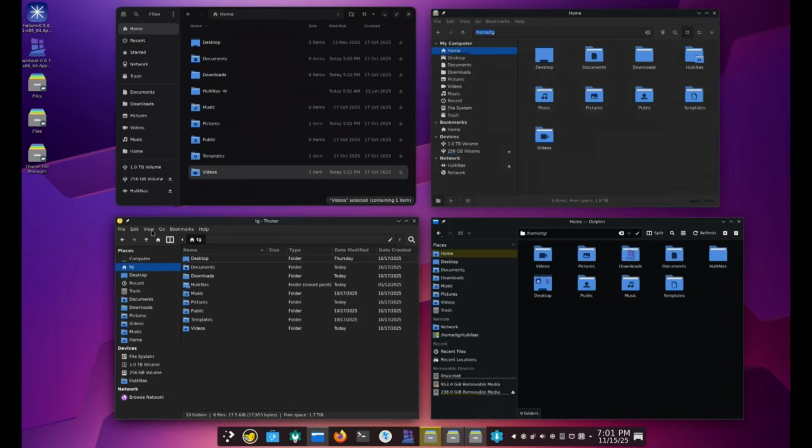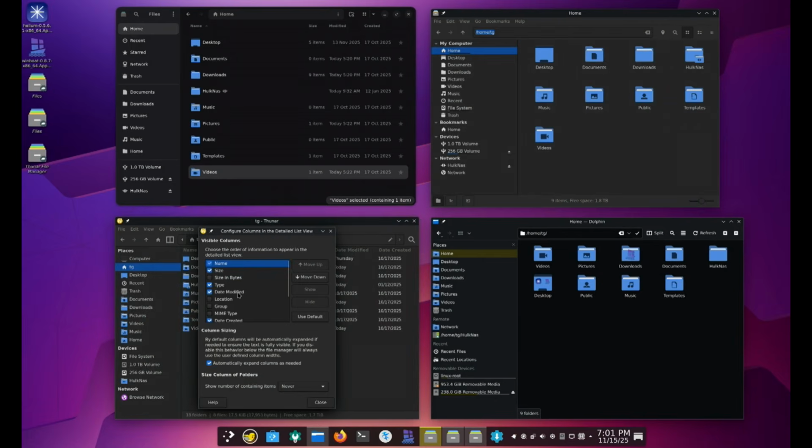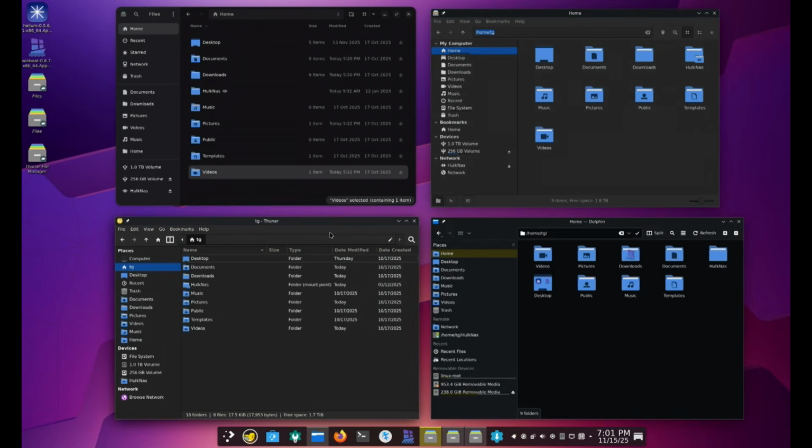Or I can go into View and say Configure Columns from here. So it gives you two ways to get to this section. Not a big deal. You can put these in any order that you want. But as far as the columns go, that's where the flexibility stops. There's other stuff I'm going to start showing you in Thunar, Nemo, and Dolphin that you cannot do in the